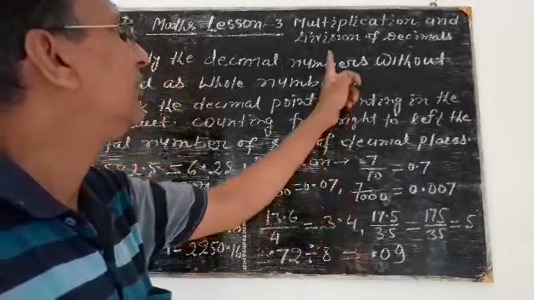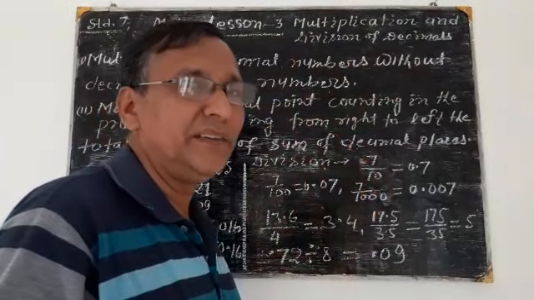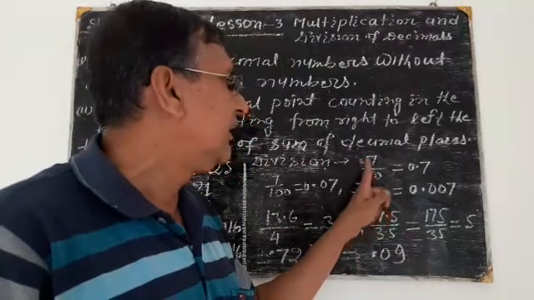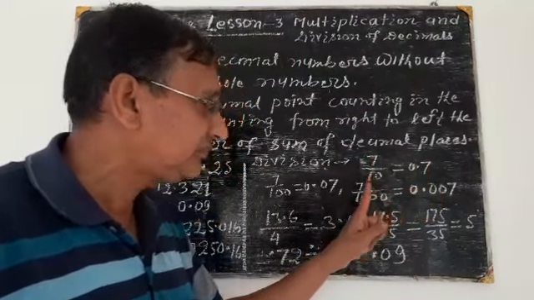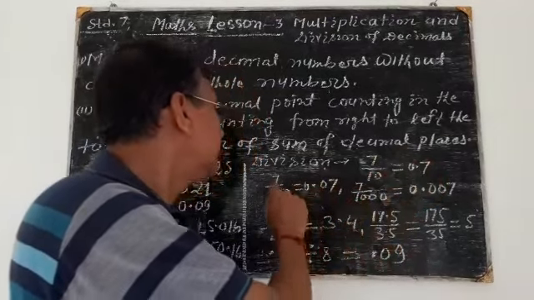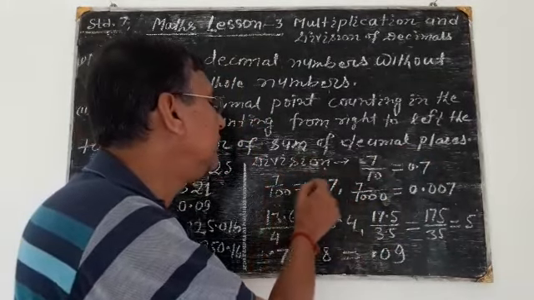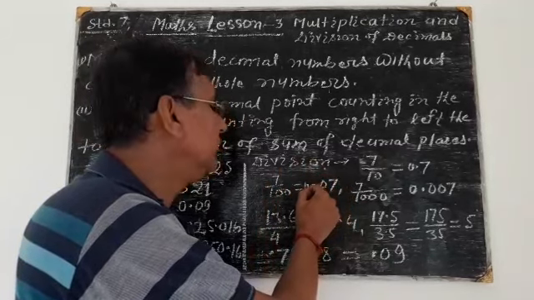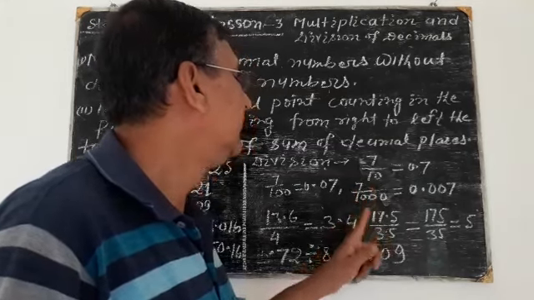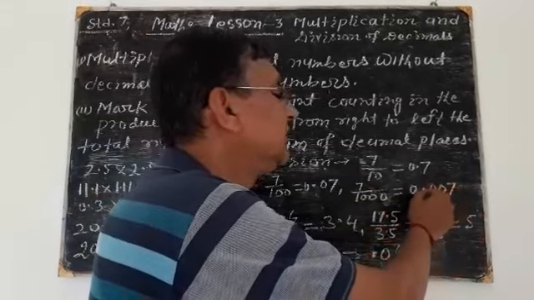Now, the second one is division of decimals. If we have to divide a number by 10, 100, 1000, it is very easy. 7 divided by 10: write the number and put the decimal, counting the zeros, just after one digit. If it is 7 by 100, write the number, count the zeros, 1 and 2, and put a 0 and put the decimal. If 7 is divided by 1000, then the number of zeros is 3. So write 7 and put 2 zeros, then insert the decimal.